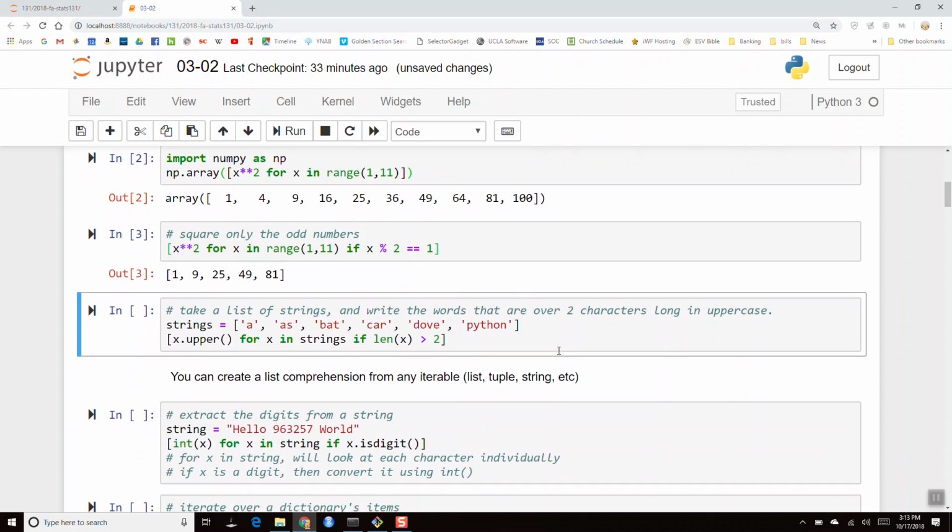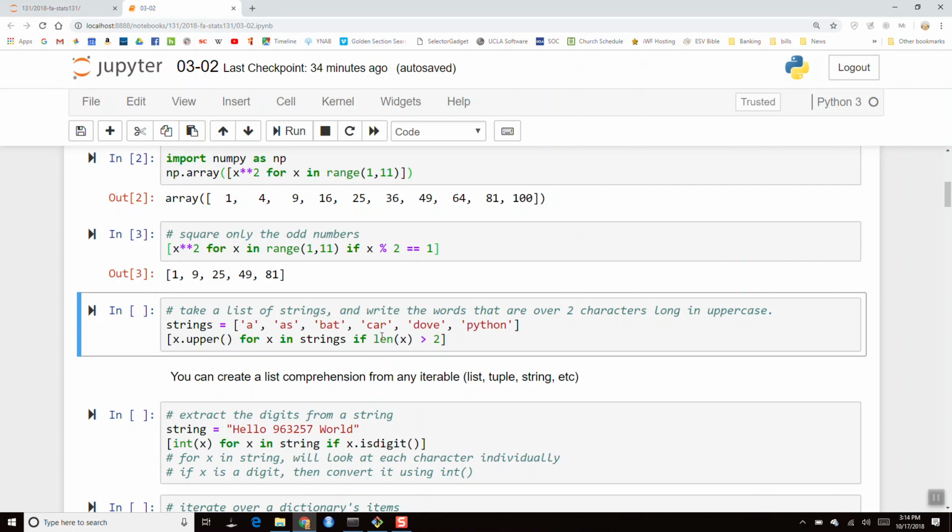Okay. Again, the collection can be, so here I've had the collection being these range objects, okay? But the collection can be a list, in this case, a list of strings. And then here, it's going to take the list of strings, and what is it going to do? It's going to take whatever that x is, okay? So in the first case, it'll be a, lowercase a, and it'll put in upper, and put